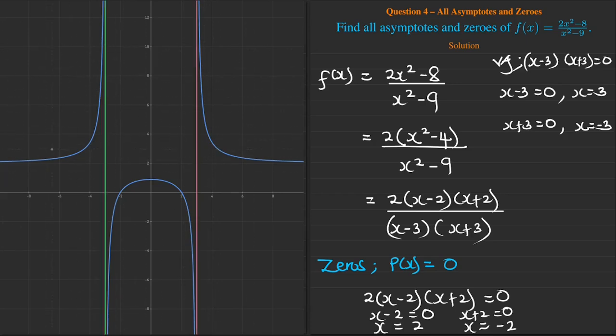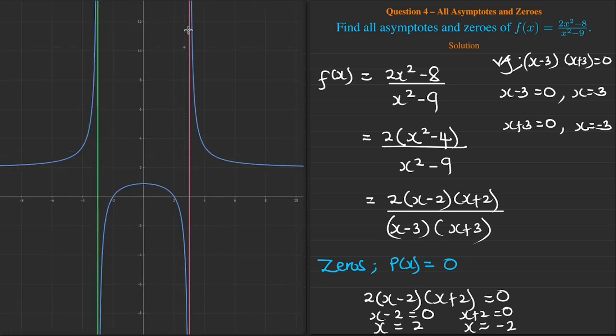So you see, for this particular section of the function, it goes up and then tries to touch this green line, but it doesn't. The same way for this particular section as well, it goes down and tries to touch, but then it doesn't happen. Same for what we have here as well. So it goes up even to infinity, but then it never touches this particular point, and then it goes down as well, and then it never touches. So these are the equations of our vertical asymptotes,